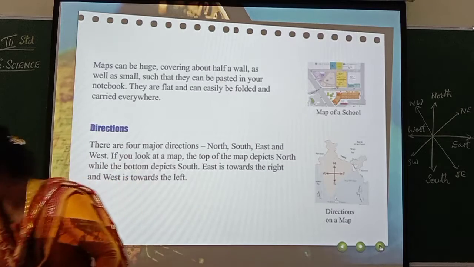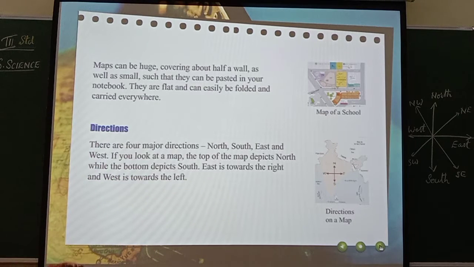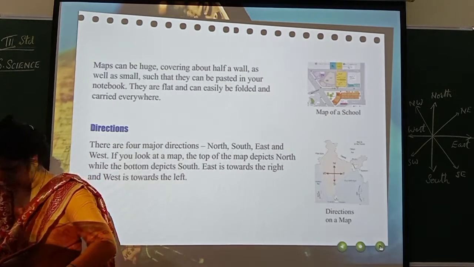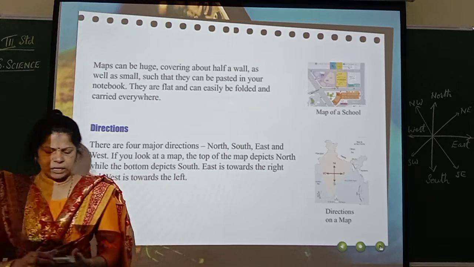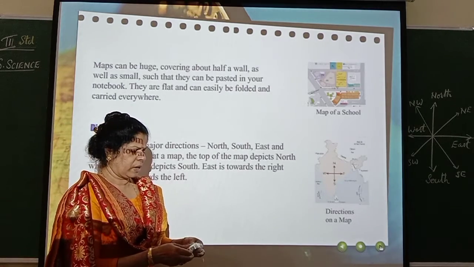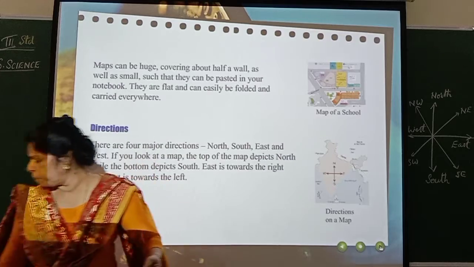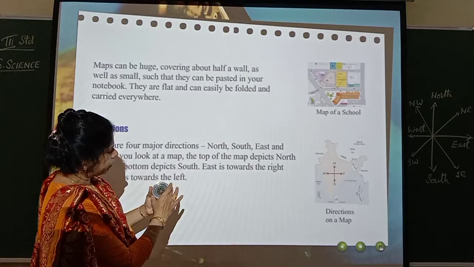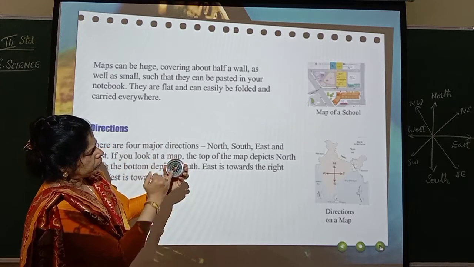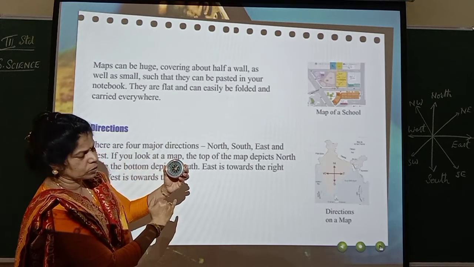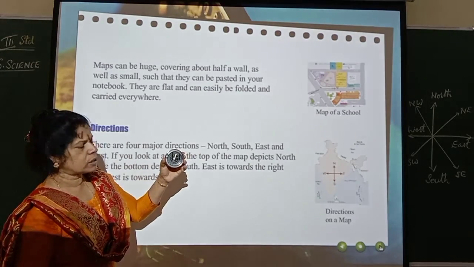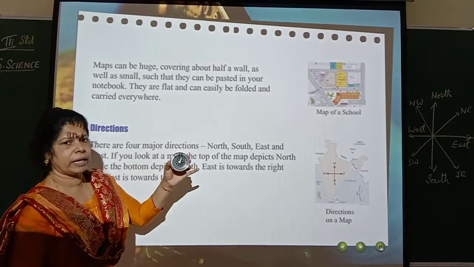You can see it with the help of a compass also. I'll just show you. To find out the directions, actually they use this compass. When you go for trekking and in submarines and all that, they use this. So you can see here north upwards, east, west and south. And in between also they are given the directions what I have drawn there. Okay. So this is a compass to show the directions.